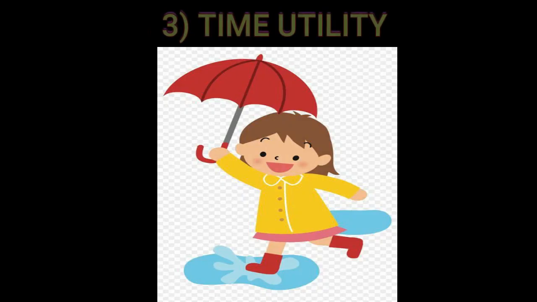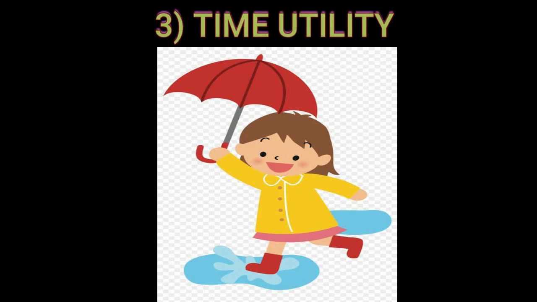The third one is time utility. Time utility is providing the customer his desired goods at the time when he requires them, depending upon everyday needs, holiday season, or weather conditions. Consumer demand changes, so ensuring that the goods are delivered to the consumers at the right time forms the time utility. For example, an umbrella is used mainly in rainy season as compared to non-rainy season. So students, it was the time utility.